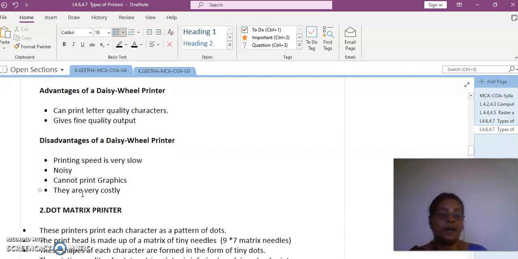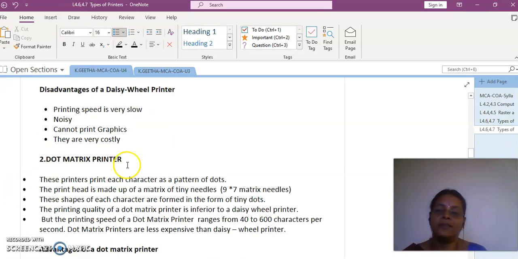And then it cannot print any graphics characters because we are just going to generate the printout only with the help of the appropriate font. If it were arranged in a dot matrix pattern, we could print out any images, but still we have everything as a font. Whatever we can produce as a font, that only can be printed. So it is not suitable for printing graphics. And of course, it is going to be a costlier option compared to the other choices.